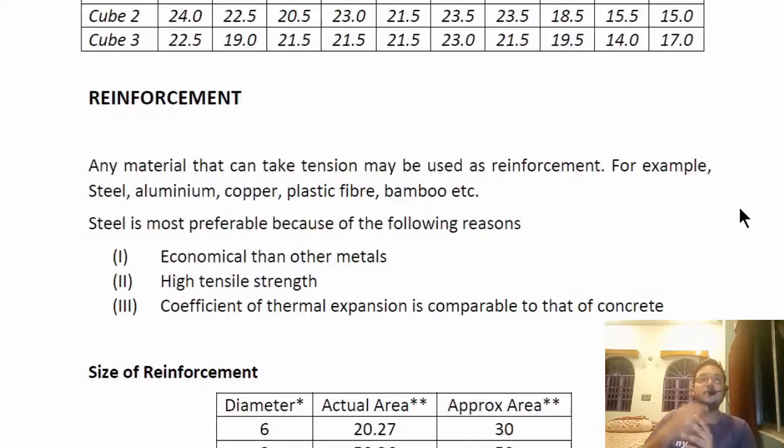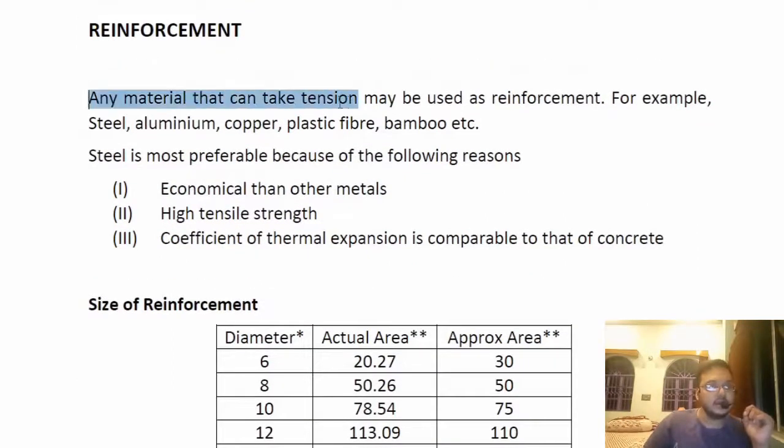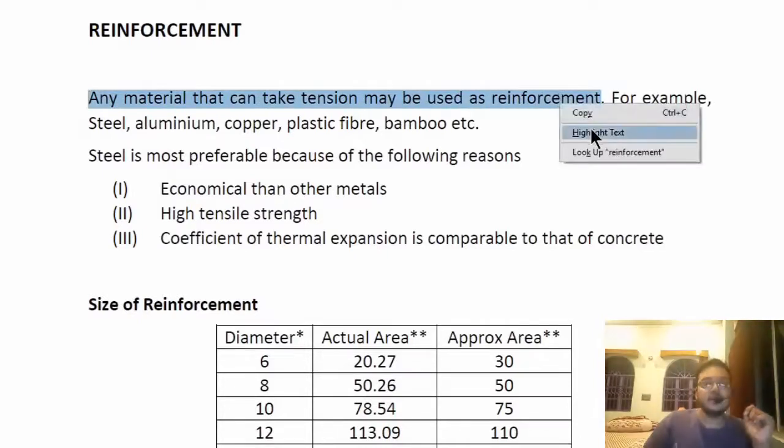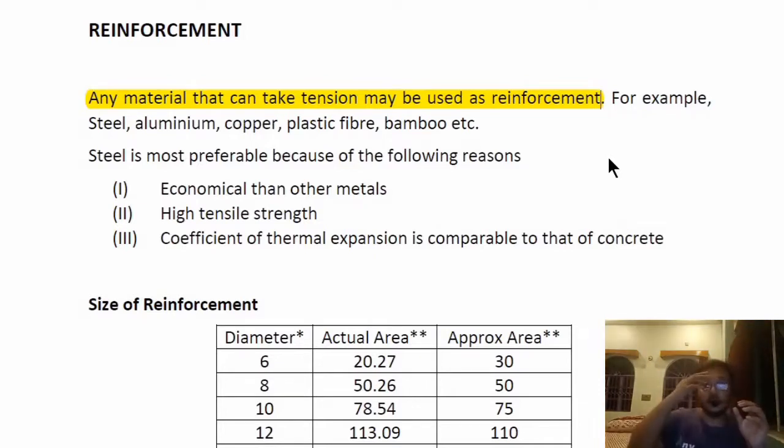And again, if you are putting reinforcement for the shear, that is known as the tie bars, which we will be reading in our next chapters, so that there is a good use of this reinforcement in our cement concrete, which gives the cement concrete strengths at different levels from different points of view. Now, speaking about the reinforcement, any material that can take tension may be used as reinforcement. By this sentence you are getting the idea what is the job of a reinforcement in our cement concrete or in our RCC.